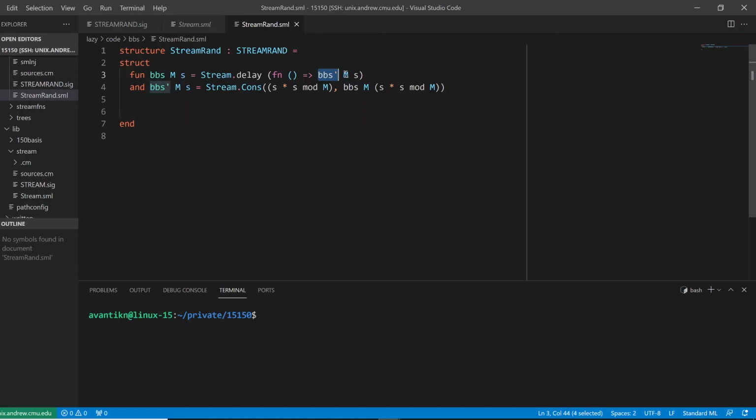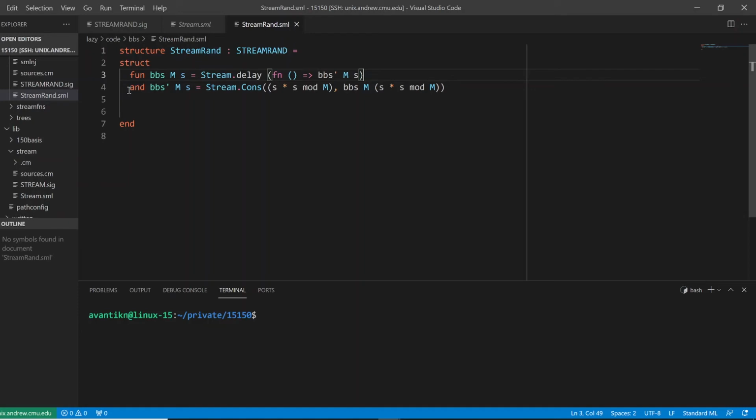With Bbs prime, we just pass in our two input values, the multiplication of two primes and the seed value. So literally all line 3 is doing is just pausing the computation and letting the helper function, the prime helper function, deal with the actual math.